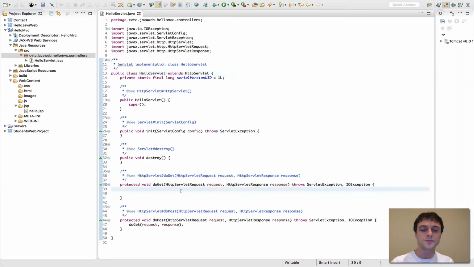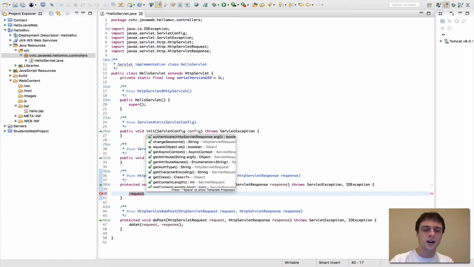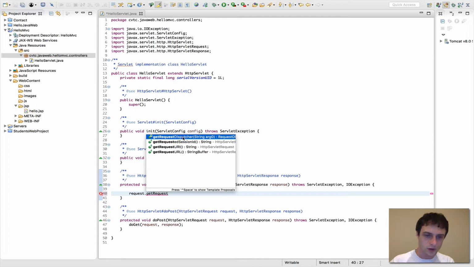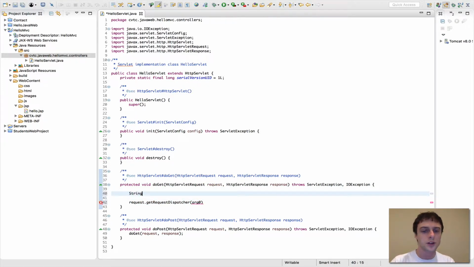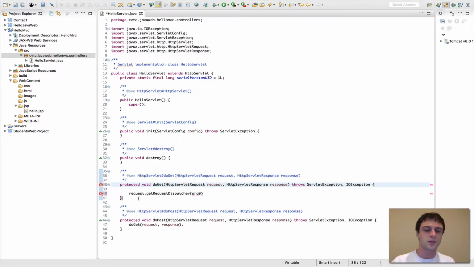So what you do is in the request object, there is a method called getRequestDispatcher right here. getRequestDispatcher expects the name of the view that you're going to serve up to users. So again, instead of typing our Java strings here, like string HTML equals doctype HTML, we're not going to do that anymore. We're going to delete that. And instead, we're going to do